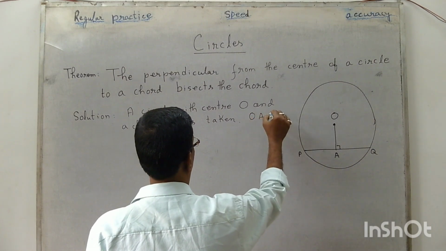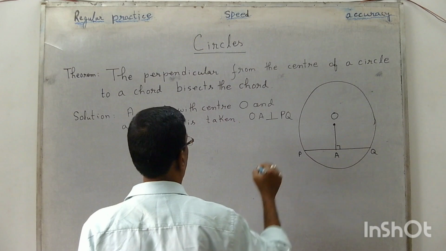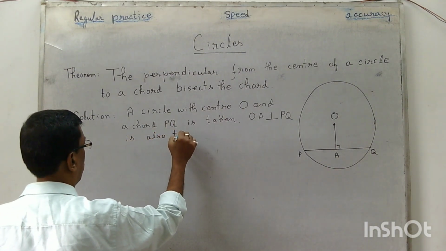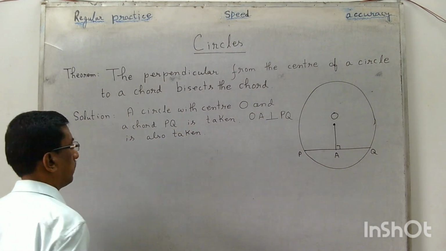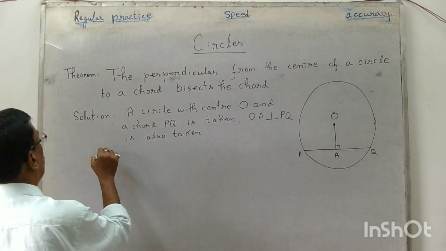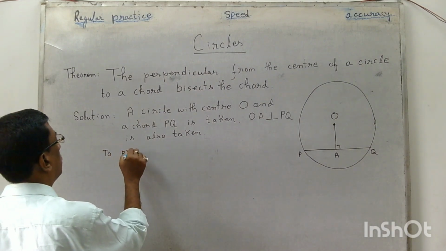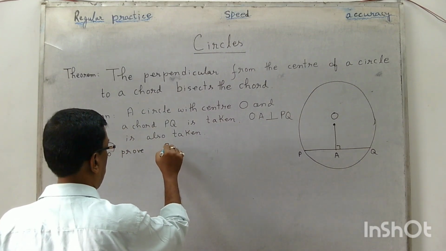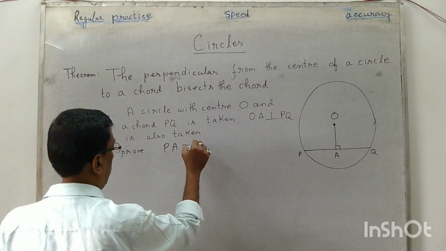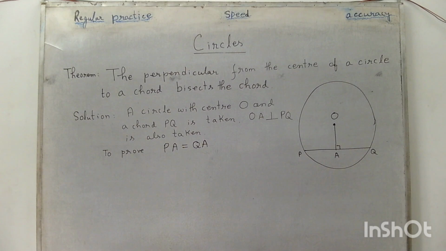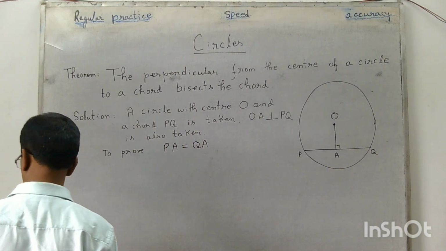OA perpendicular PQ is also taken. To prove PA equals to QA, ये हमें प्रूफ करना है। इसके बाद आएगा कॉन्स्ट्रक्शन।